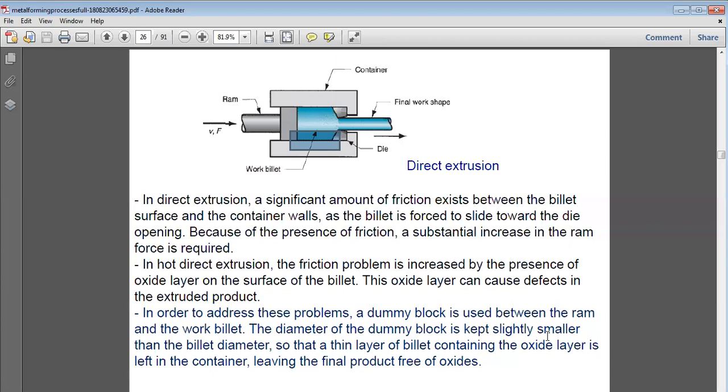So what we have done in this case, we have provided a simple gap between your billet and the layer of this die. So it lets us save the formation of oxide layer onto this. So the material will be coming out free of oxides in this case.